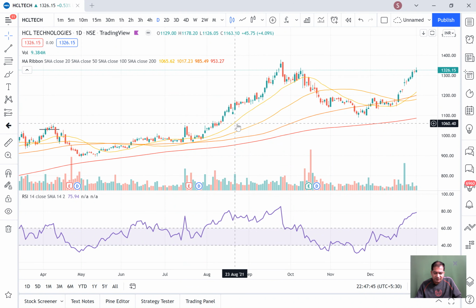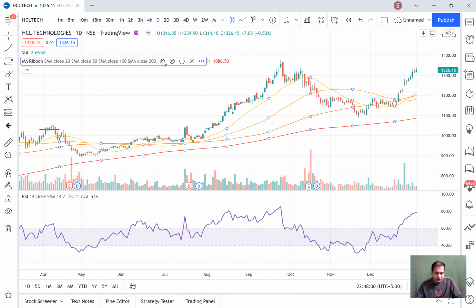These are simple moving averages, but we need three. When four are combined, it will be considered as one indicator. So your RSI is the second indicator. You can put one more indicator over it, but we don't require it for now as far as the lesson is concerned. Now let me change the settings here.